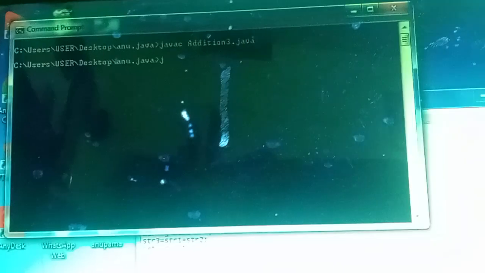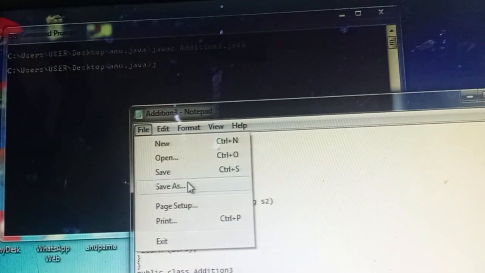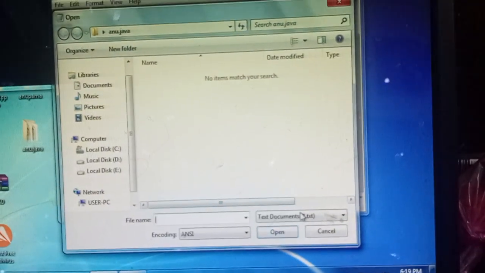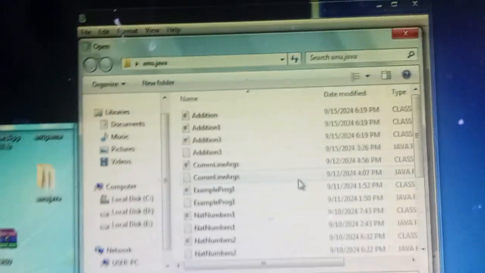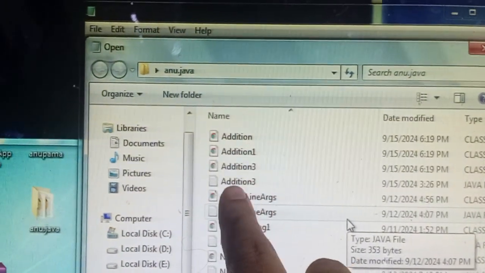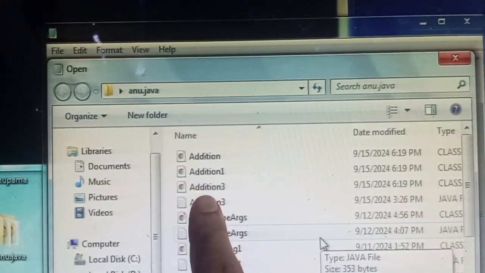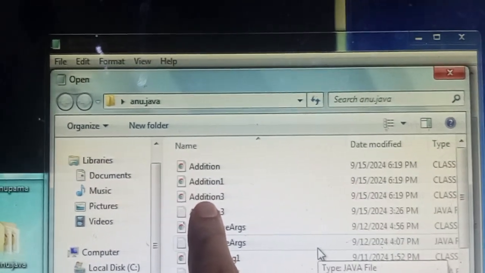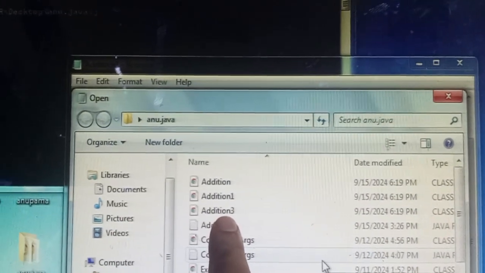Before that, let us see what files are created while compiling. Open all files. In this you can see, this is the Java file, and we have 3 classes, so 3 class files are created, but only this class will be executed as it has the main function in it.